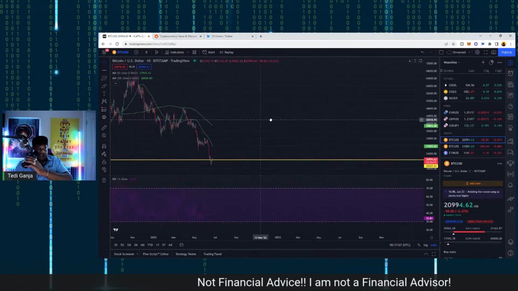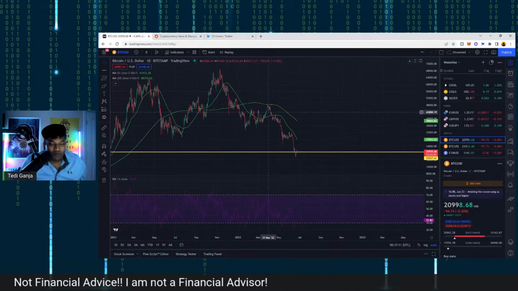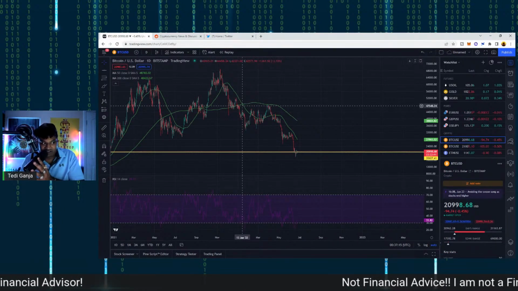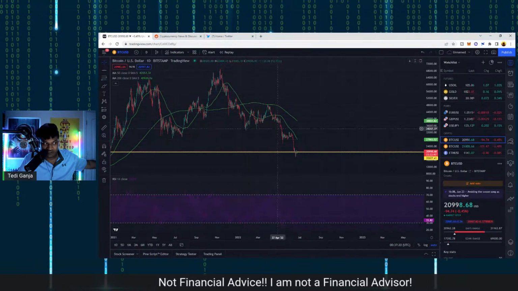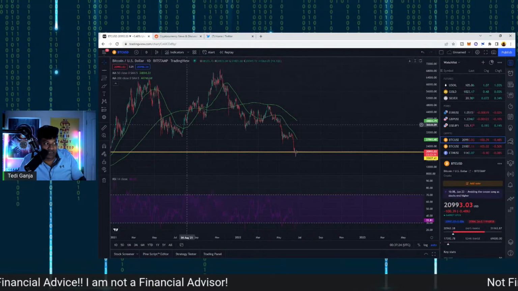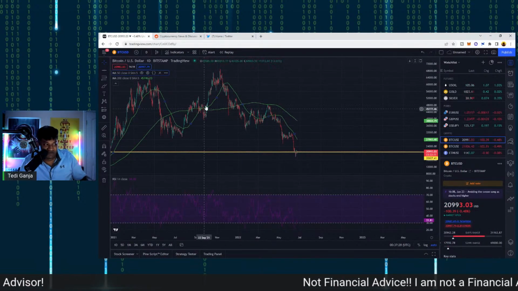And the reason I say that is because right now is a very interesting time for Bitcoin. We have just come from the death cross right here, right? So this cross, very bearish. And look, we're just going straight down. So really, in order to get this bullish trend on Bitcoin, we need this 200, this 50 MA